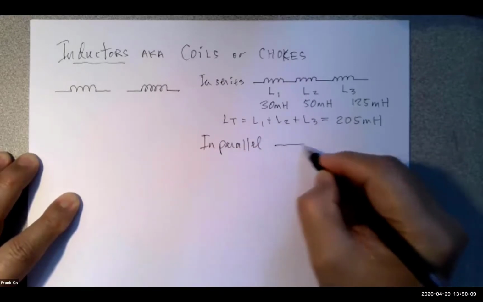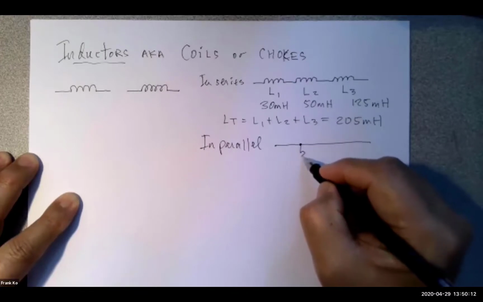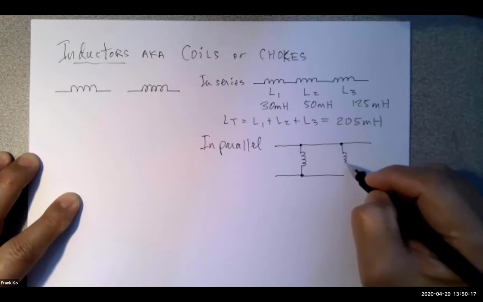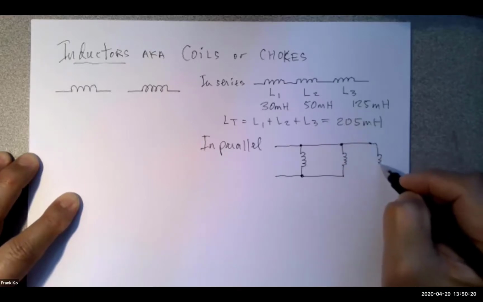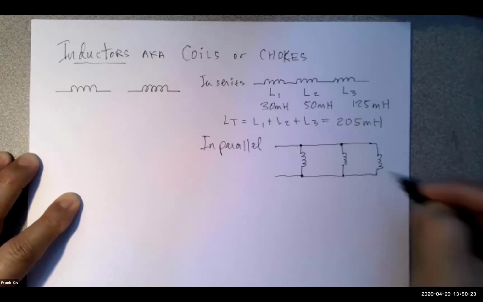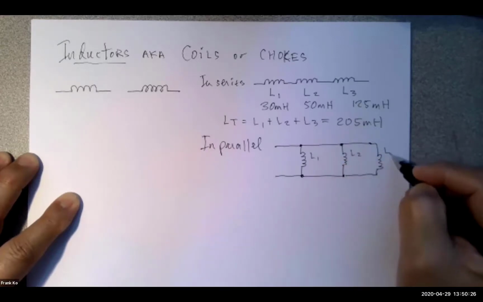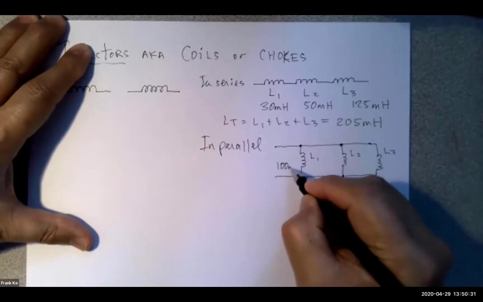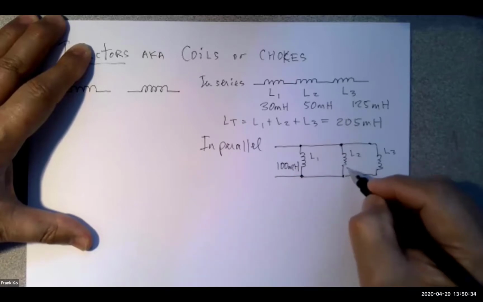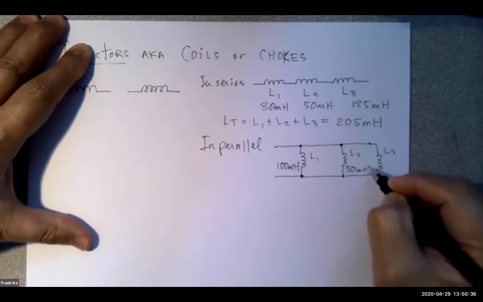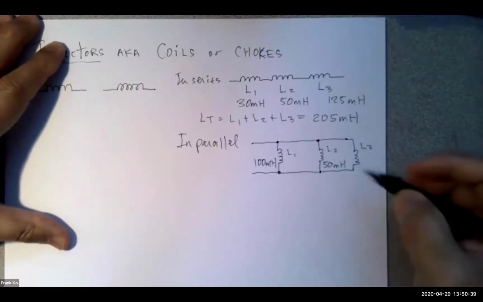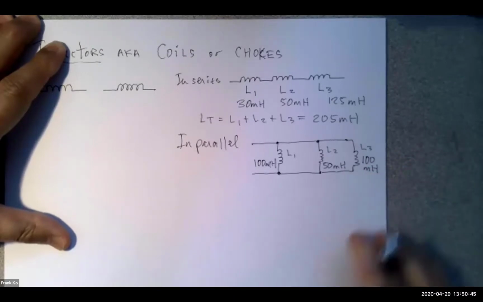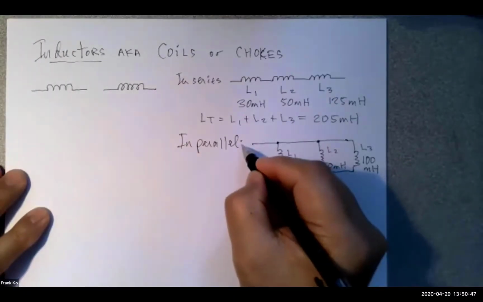would look like this. L1, L2, L3, and let's say I have 100 millihenries. Let's say I have 50 millihenries, and let's say over here I happen to have 100 millihenries. So in parallel, your LT,